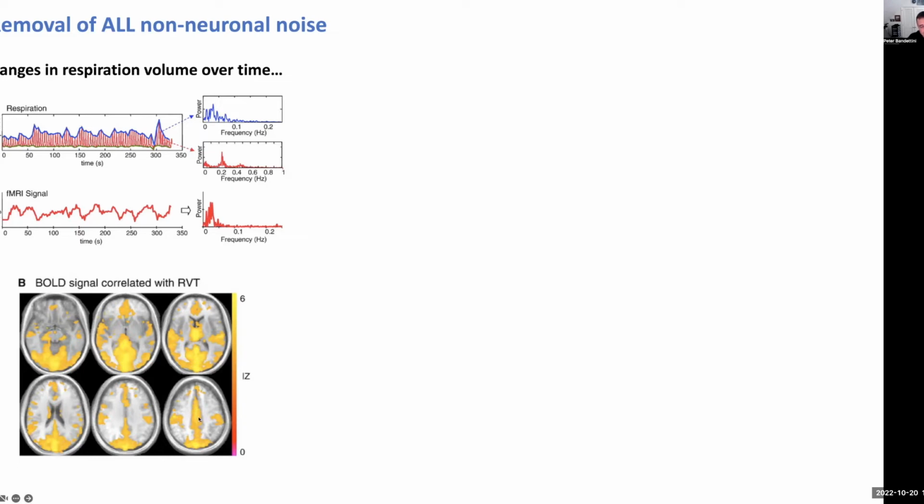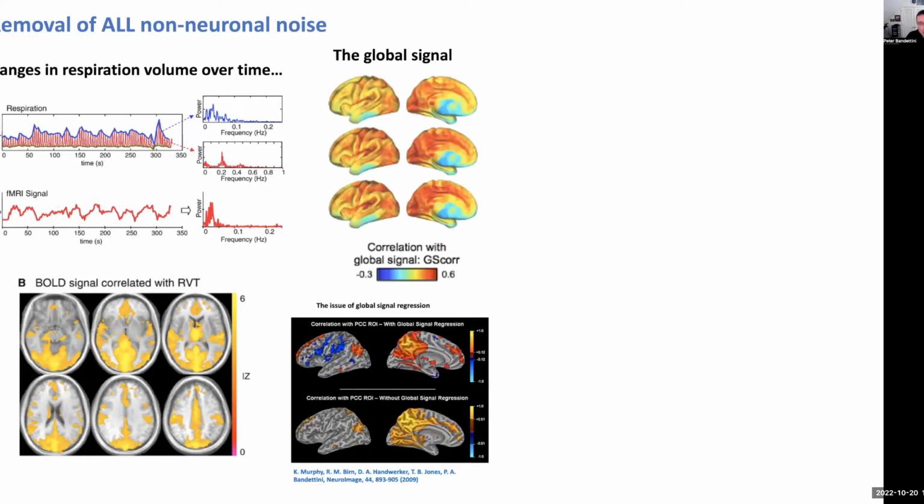So that's an issue. And if we try to use this to regress the signal out, it doesn't fully regress out. So here's the global signal. This is actually the voxel-wise correlation with the global signal. If you average up all the voxels and look at the voxel-wise correlation, you get something like this. And certainly that looks like it's not very interesting. And so people have tried to use that to regress out a lot of this sort of ongoing fluctuations. And if they do that, this is the work by Kevin Murphy,